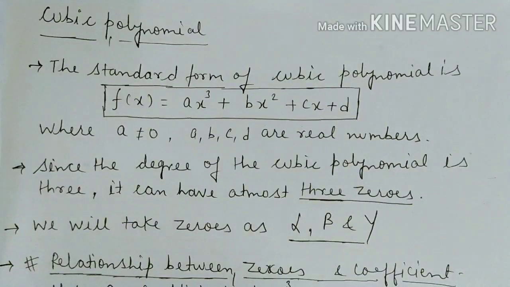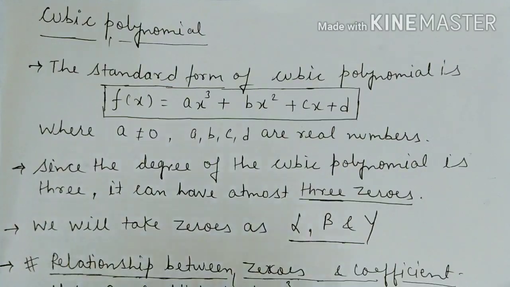Clear? You can get questions on cubic polynomials in the optional exercise itself, and some 1 or 2 examples are also given. Clear? So from the exam point of view, this is a very important topic because it is a fresh topic. So CBSE can have a question from this topic in your final examination. Clear? Now, before going to any polynomial, whether it is quadratic or cubic, first we have to go through the standard form of that polynomial.